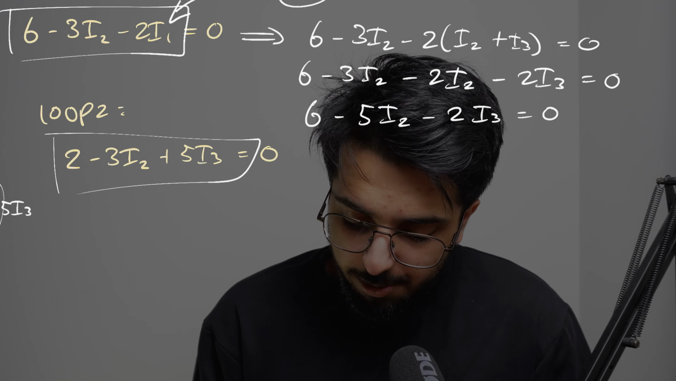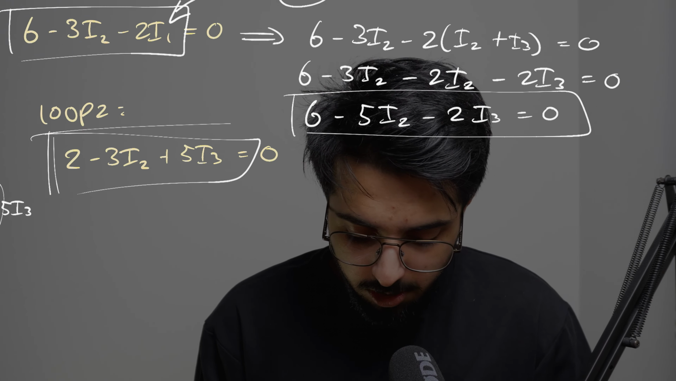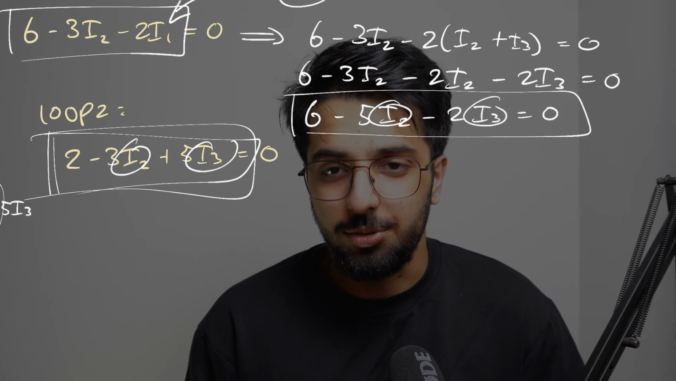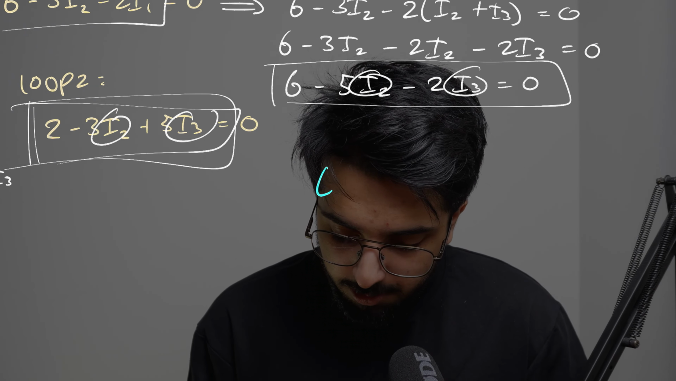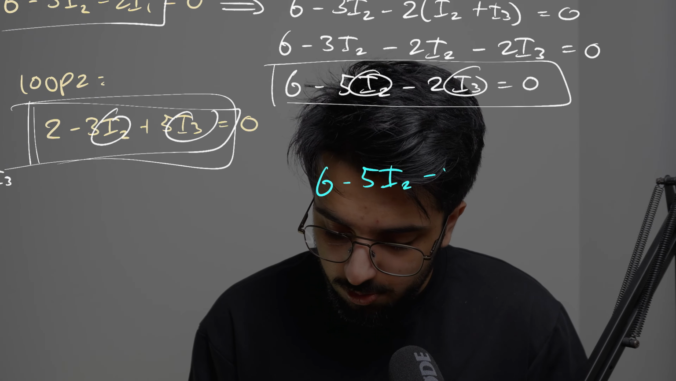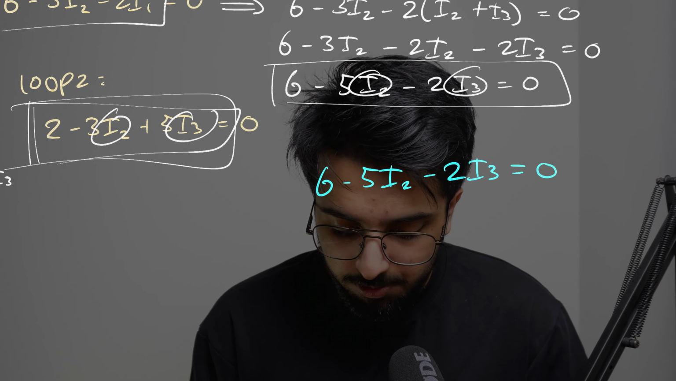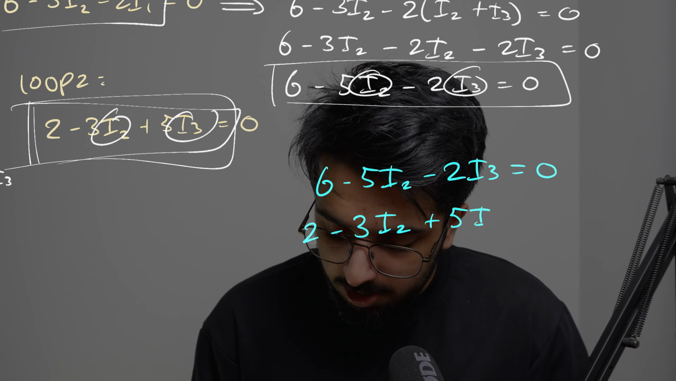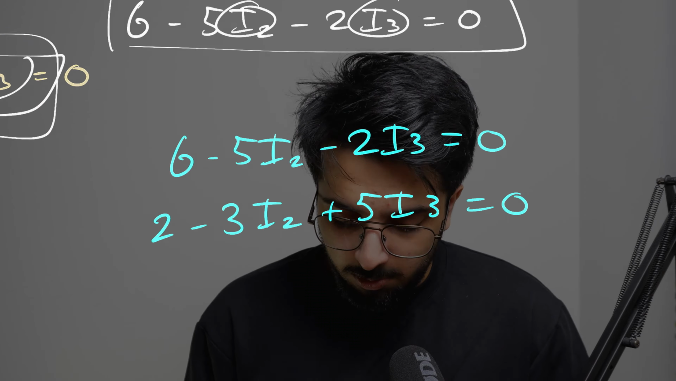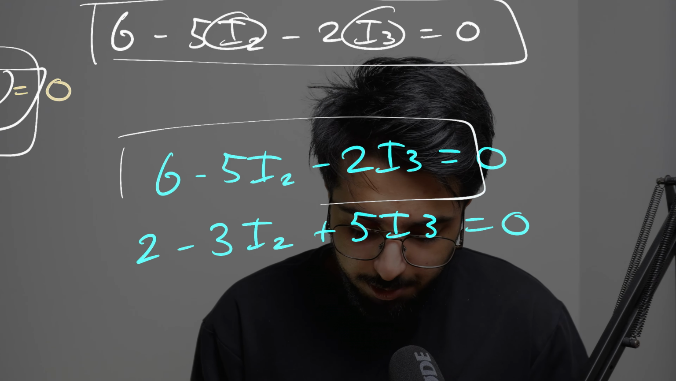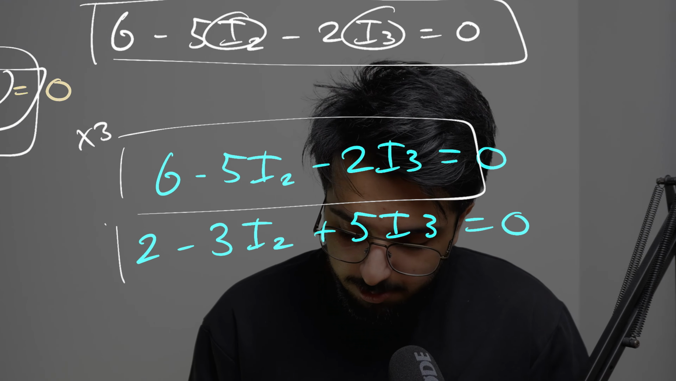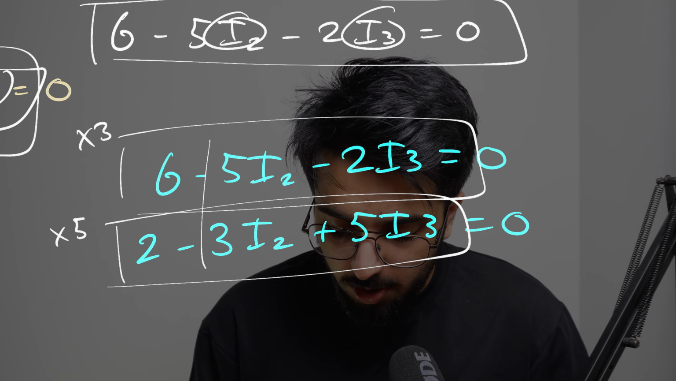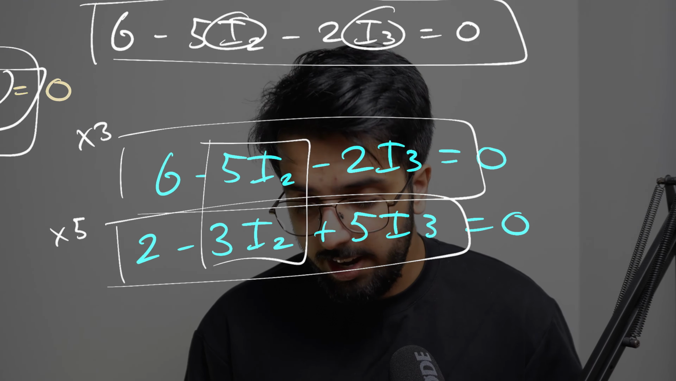And so therefore, now we have two equations with two unknowns on both equations, and therefore now we can use simultaneous equations. Okay, so now we have 6 minus 5I2 minus 2I3, and that's all equal to 0. And we have 2 minus 3I2 plus 5I3, and that's all equal to 0 also. What we can do is times this top equation by 3 and times this bottom equation by 5. And what that will do is make our two I2 expressions equal to each other, and so therefore we can